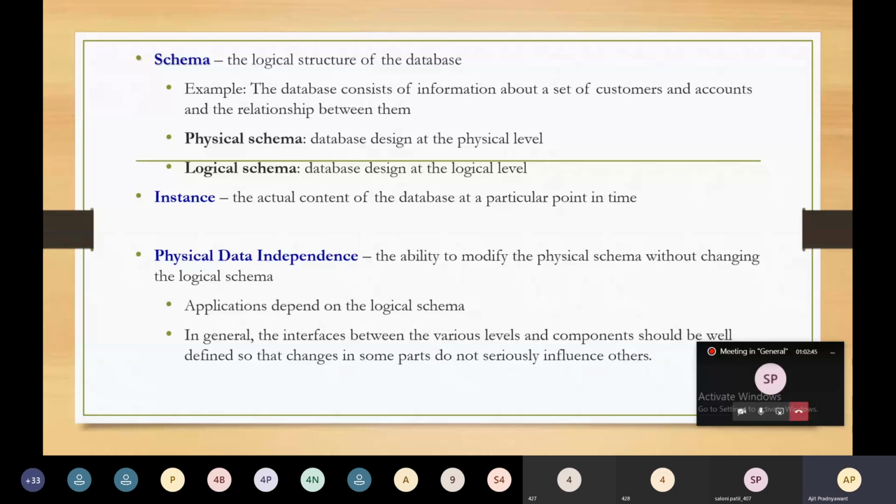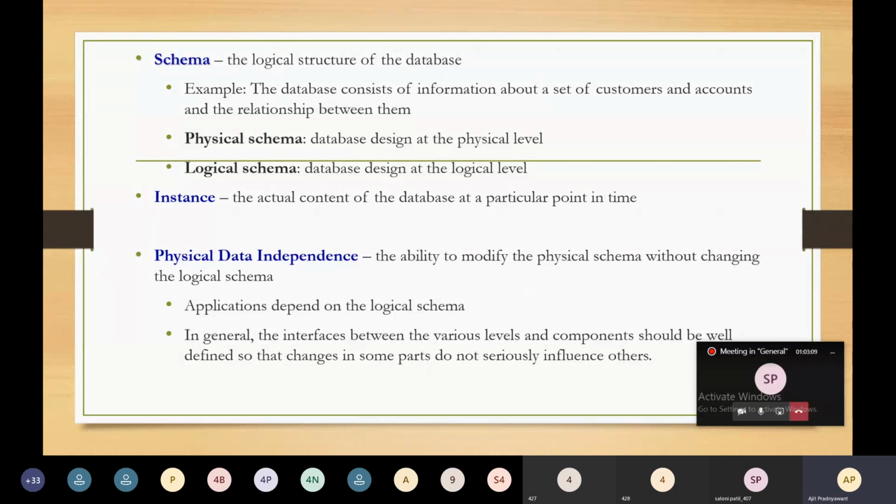Next is physical data independence. What is this physical data independence? It is the ability to modify the physical schema without changing the logical schema.